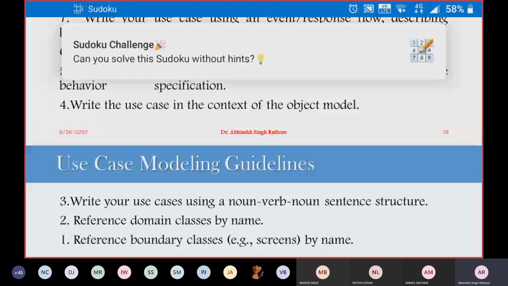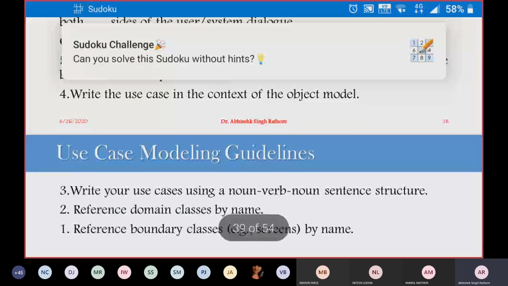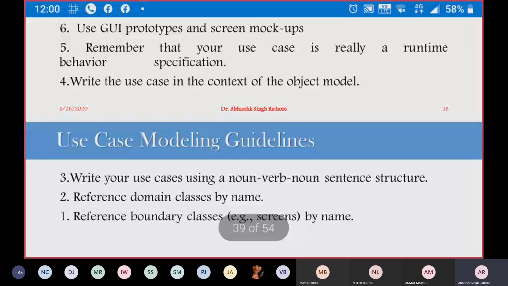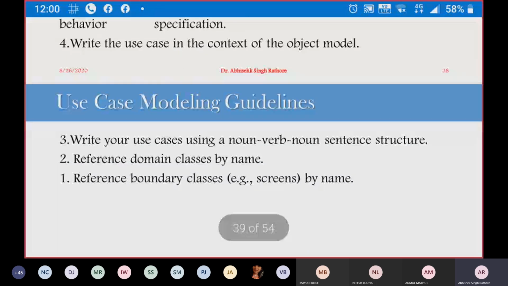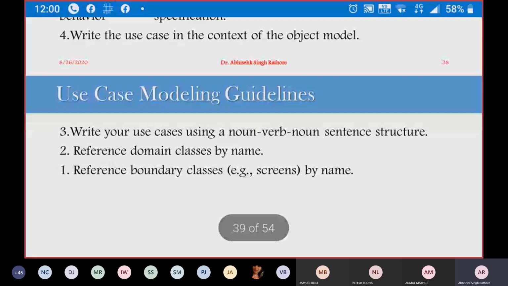So stick to your object orientation. Then next comes write your use cases using noun verb sentences. So when we are going for noun verb sentences or verb noun sentences, it means that you are doing something. When you are doing something, it means that it is a function. So you have to include verb noun phrases or noun verb phrases. I'll suggest that you start with some verbs and then go for nouns. So you have to structure your sentences like that.